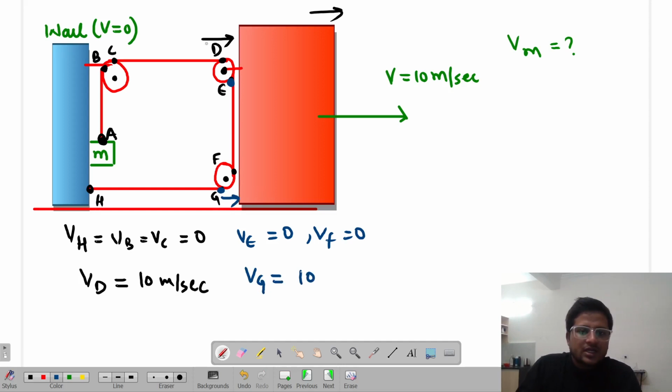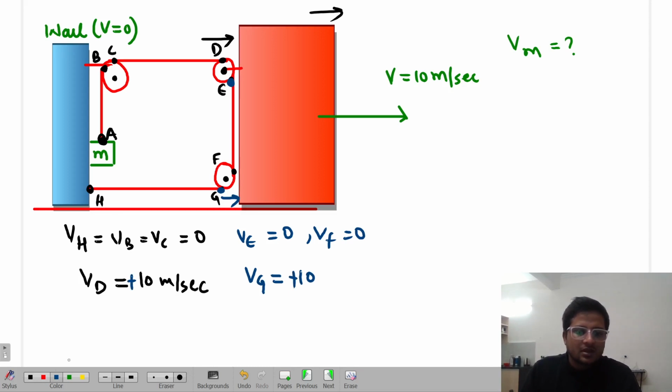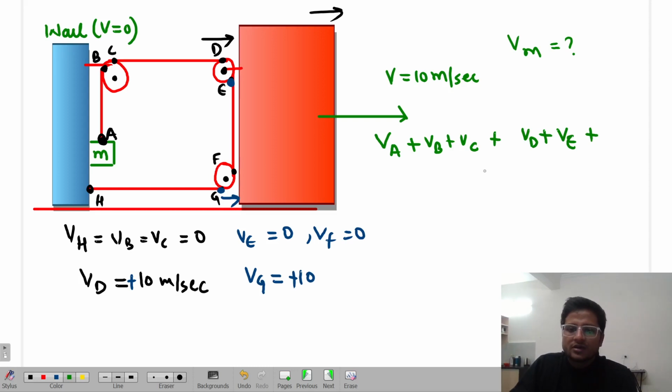Now look at this point D and G. If I look at point D and G, D is going to increase the length or not? ध्यान से देखो तो, और G भी increase in length करेगा ना? Yes. So basically that's why they are positive. और याद रखो एज द लेंथ ऑफ द थ्रेड इज ऑलवेज कांस्टेंट, सो सारे पॉइंट्स ऑफ कांटेक्ट की वेलोसिटी उस पूरे थ्रेड के ऊपर जीरो होनी चाहिए, such that the length of the thread will never ever change. बोलो हाँ या ना।